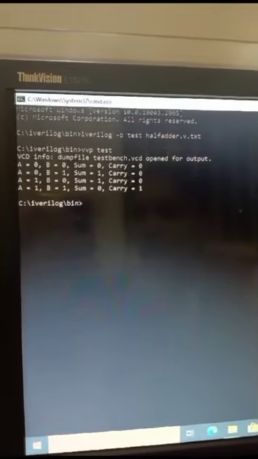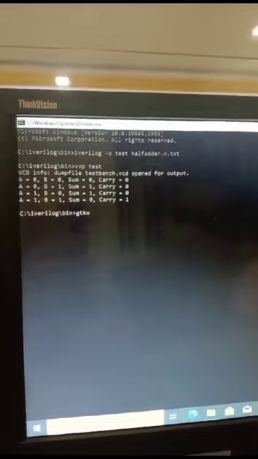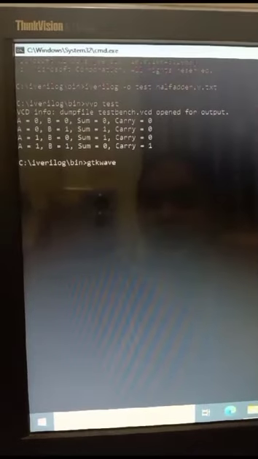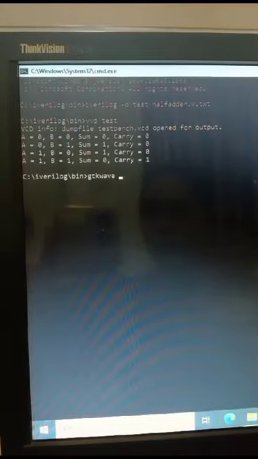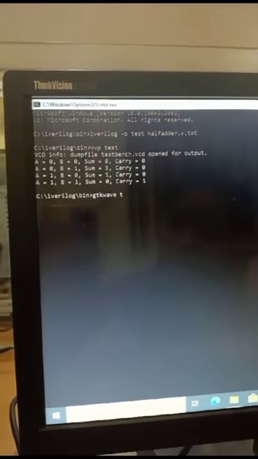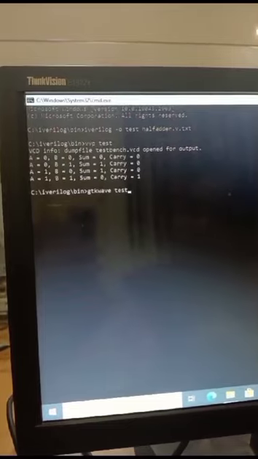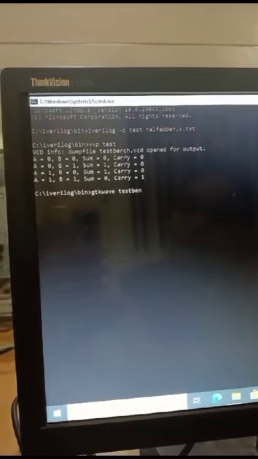Now let's see the GTKWave. The instruction to see the GTKWave is to write gtkwave and the test bench name which you have given, and give the instruction VCD.